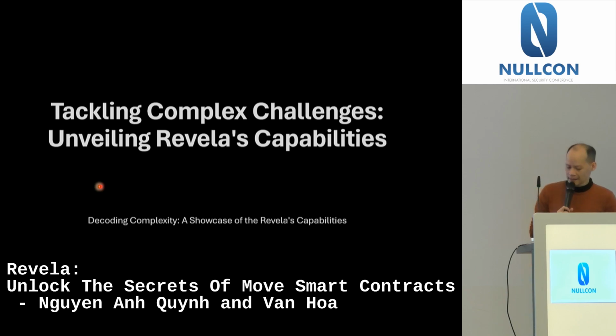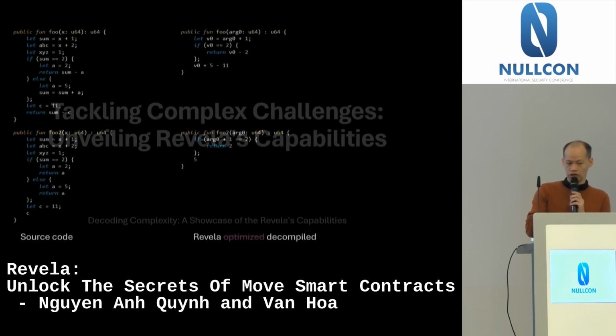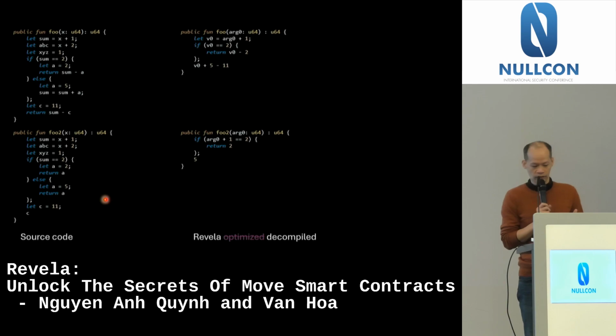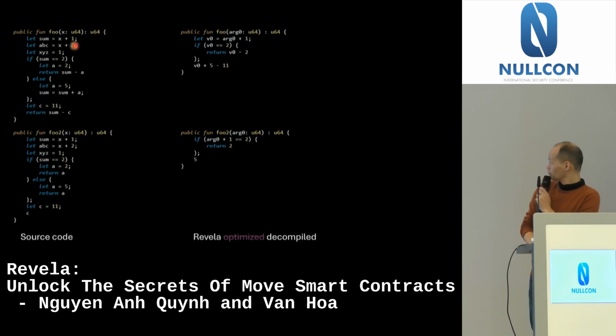Okay, so that's how Revela can build the control flow and recover the code statements at the high-level source code level. And here are some very interesting examples. You can see how we compare the original source code with the output of Revela. For example, on the left side, at the top, we have this function, foo. Foo takes one input parameter, which is the x variable, and returns an unsigned integer 64 bit,